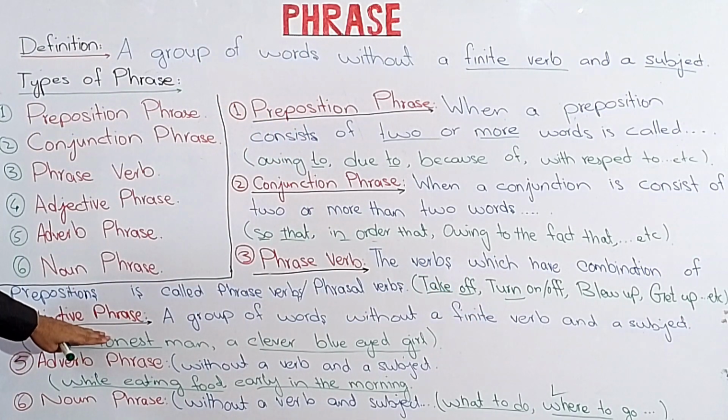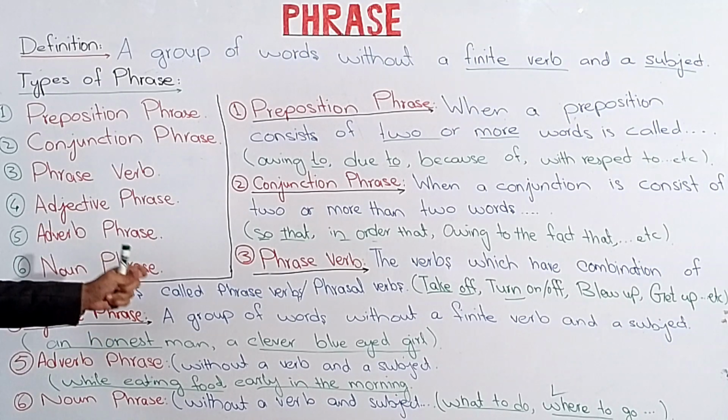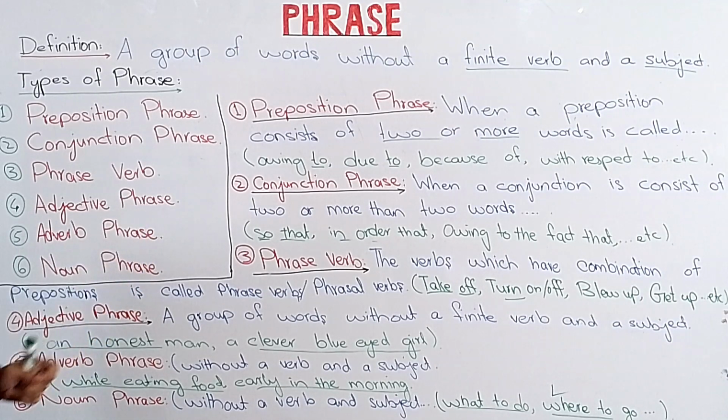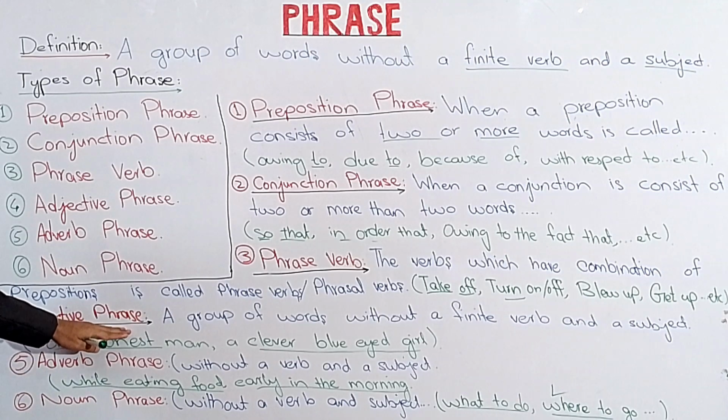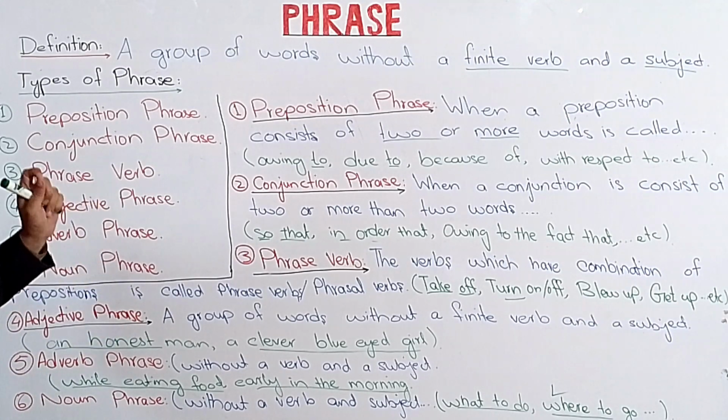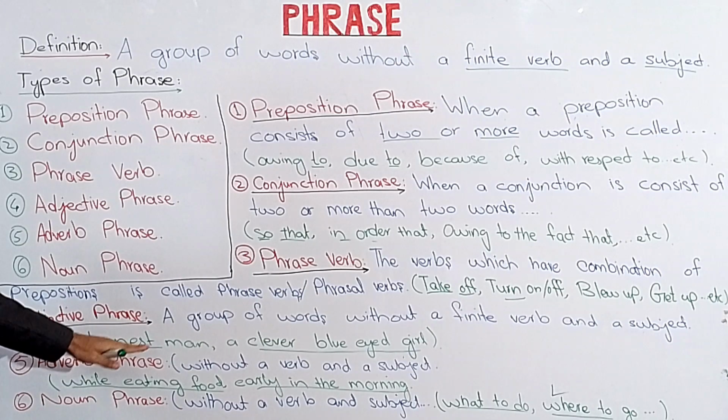Next up is the adjective phrase. Adjective phrase is again a group of words without a finite verb and a subject. It is called the adjective phrase and it works as an adjective in a sentence, like an honest man, clever blue-eyed girl. If I say that